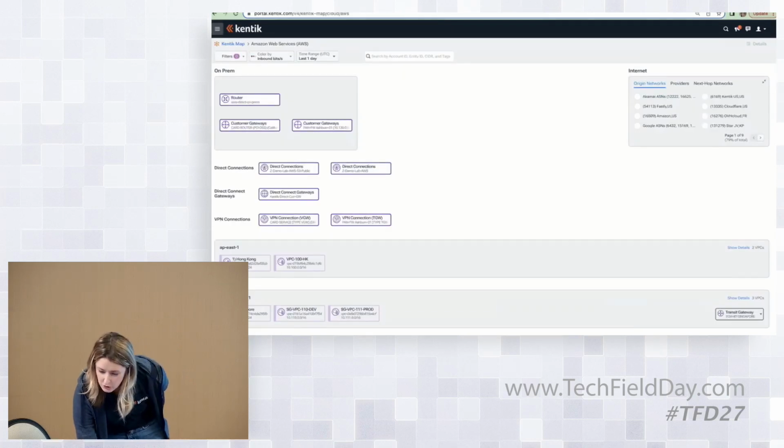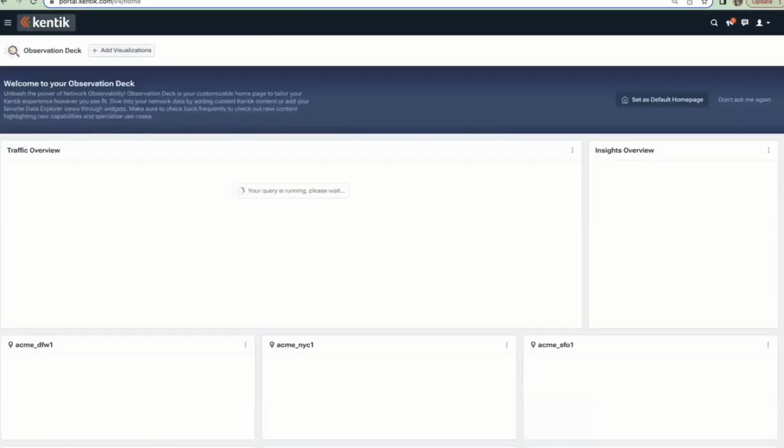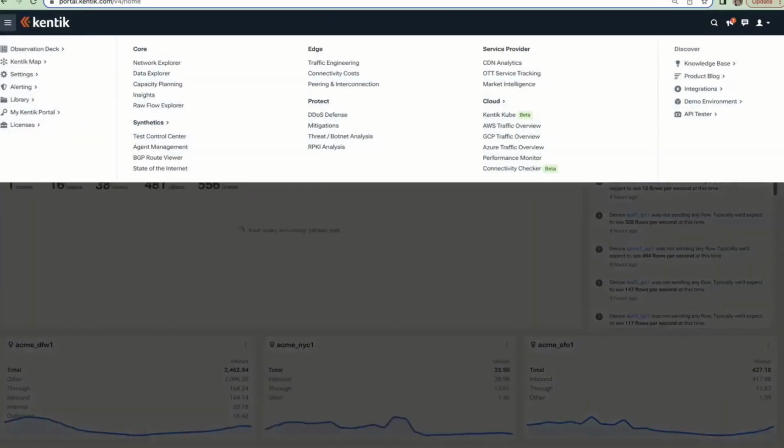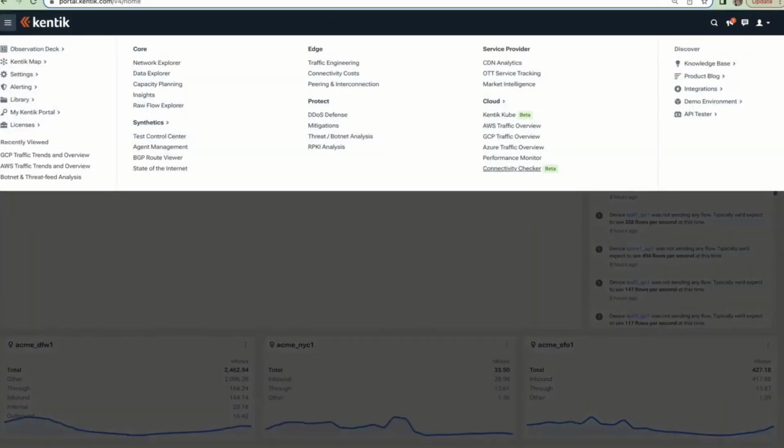So I'm going to show you another way that I might deal with this. We saw that I can probably deal with this in the Data Explorer, and I can show you more of that if we have time, but there's kind of a shortcut way. So I'm going to go into the connectivity checker,